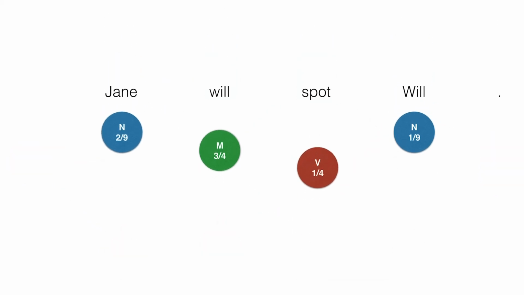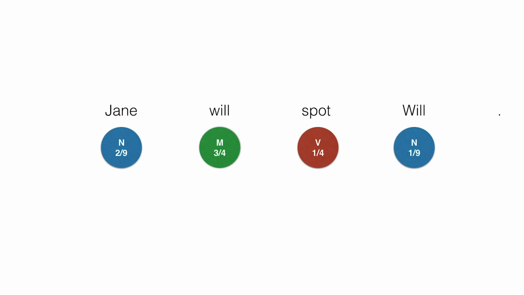This gives us the chain of states that generates the observations with the highest probability. And that's how we conclude that the most likely tags for this sentence are noun, modal, verb, and noun. And these are correct, so our hidden Markov model did a great job. And as you notice, we didn't need to check 3 to the 4 paths. We only needed to label around 3 times 4 nodes, which is much faster.